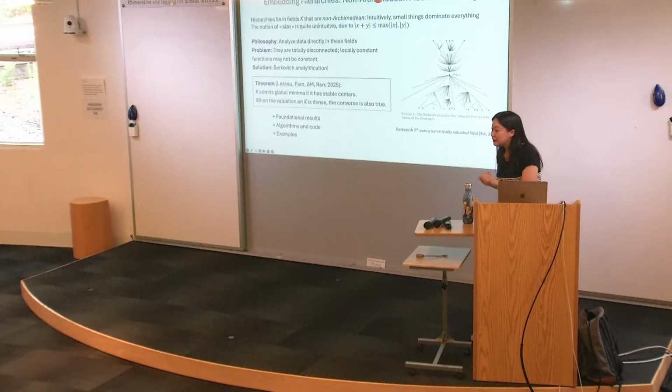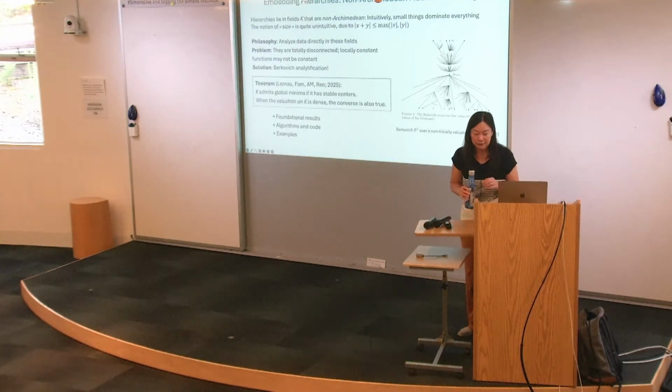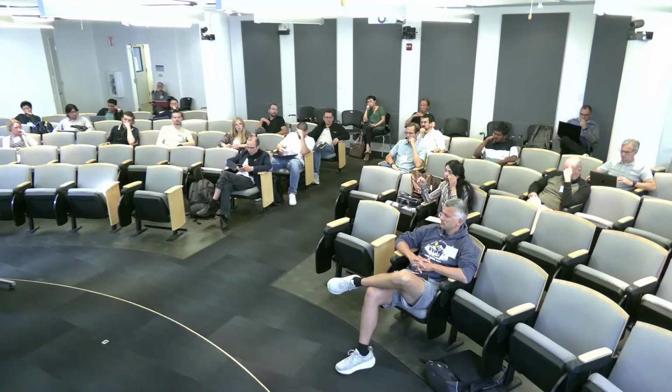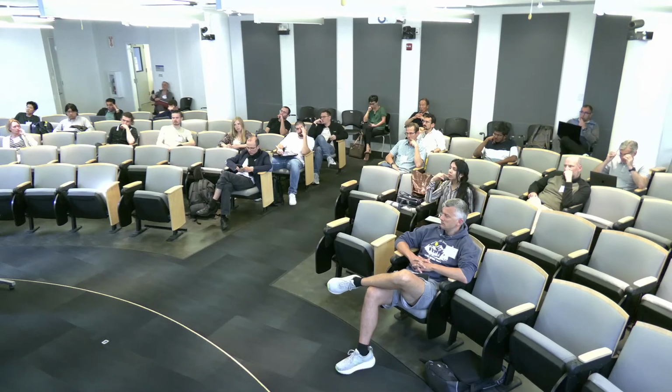Question? In the previous slide, the paper that you mentioned, is that the paper that does the embedding in hyperbolic spaces? Mm-hmm. And you're saying if you do the embeddings in hyperbolic spaces, it doesn't maintain the geometry. If it's a graph, the topology of the graph, you lose some of the cycles. It works for trees, but if you're trying to do it for graphs, then there can be problems.